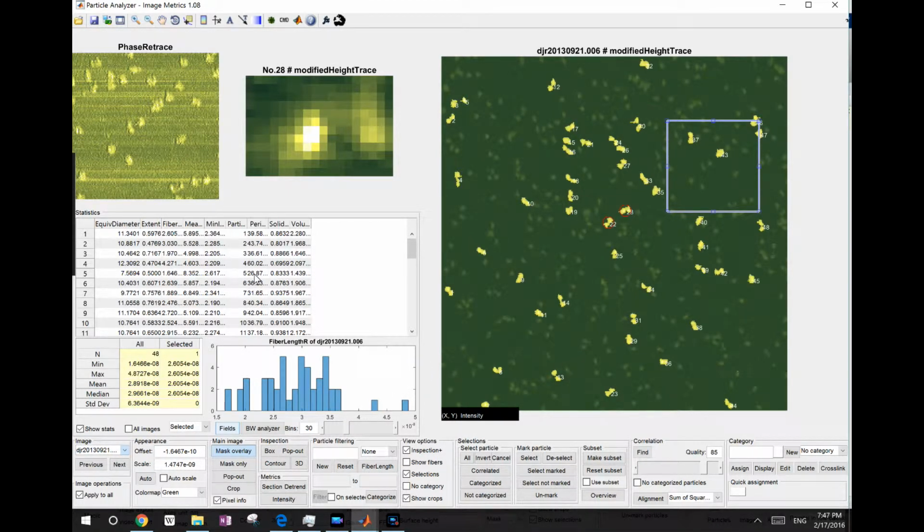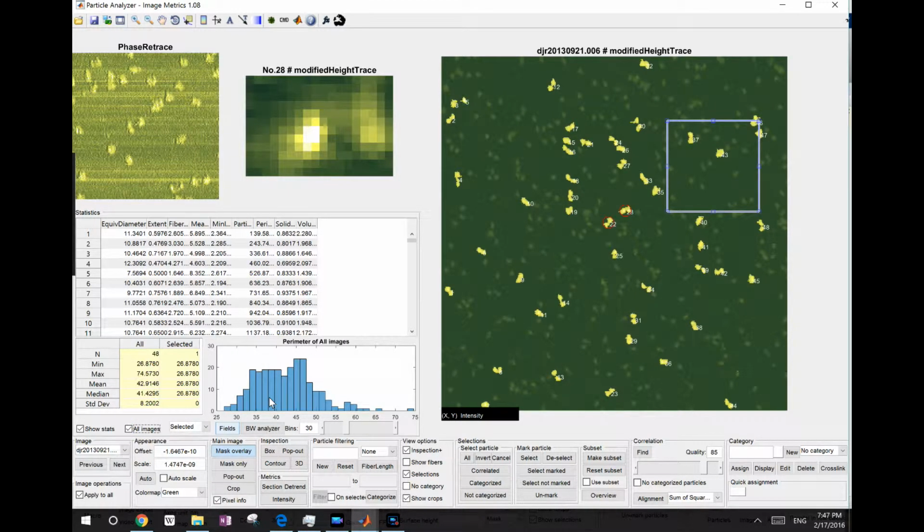The table has not been updated to reflect all the particles in all images, so it still has only 58 particles. To reflect all the particles in all the images, you have to uncheck this box called all images. Once you do that, your table is correctly reflected. Now you have 250 particles, and your histogram is much more